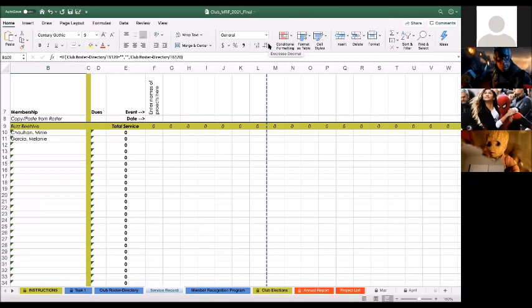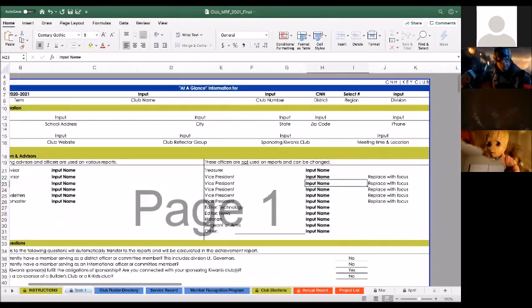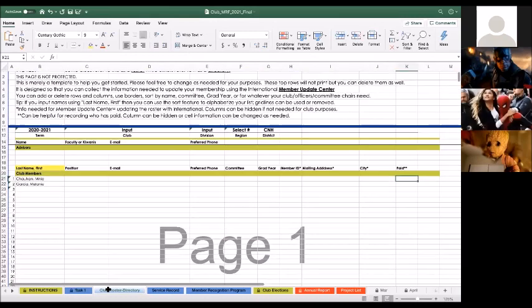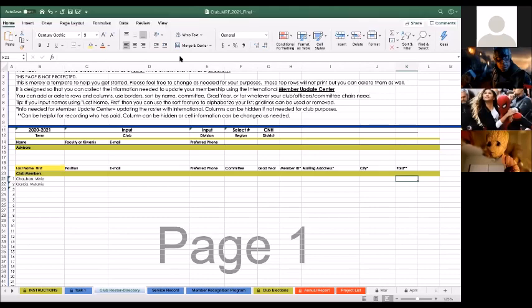Is there anything I missed in the beginning? I was having technical difficulties in joining the meeting. In the beginning we just basically went over task 1, which is just club information, and your other responsibilities as secretary besides the MRF, like meeting minutes, agendas, stuff like that. So that's all you missed before.